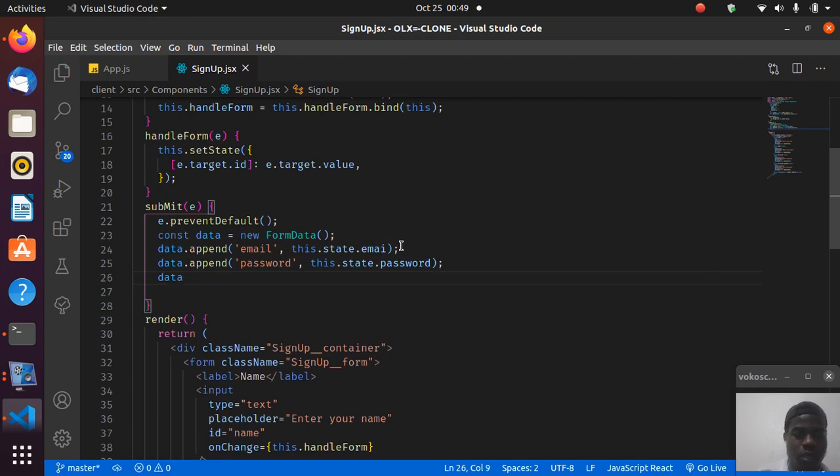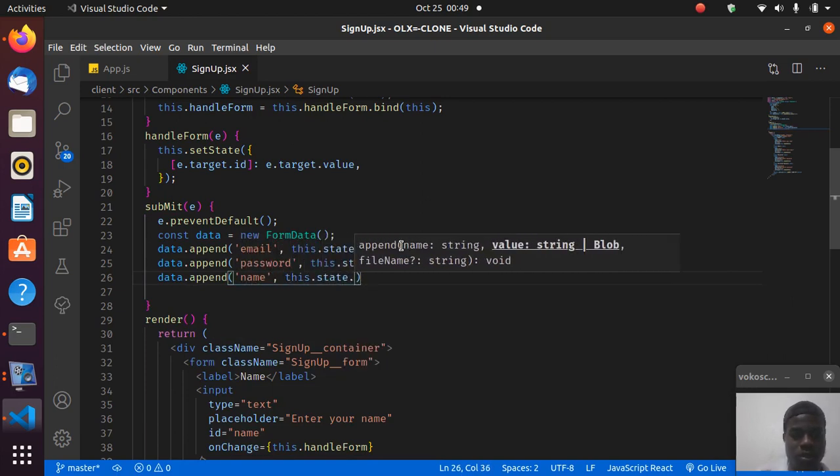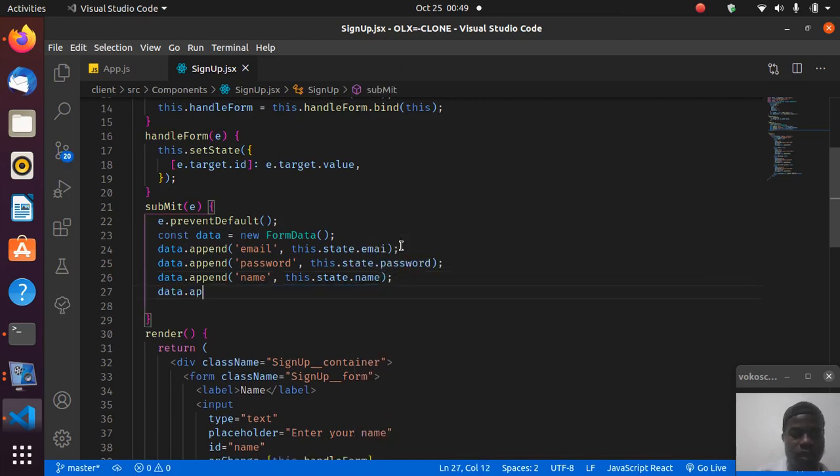I want to append the name with this.state.name, and then finally